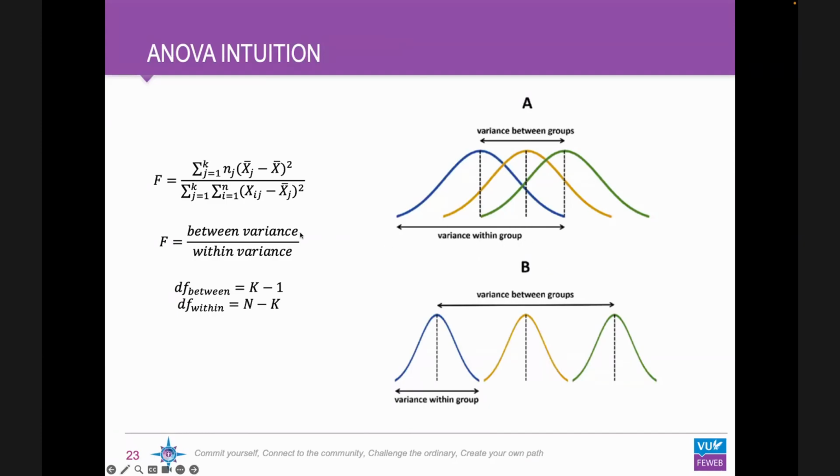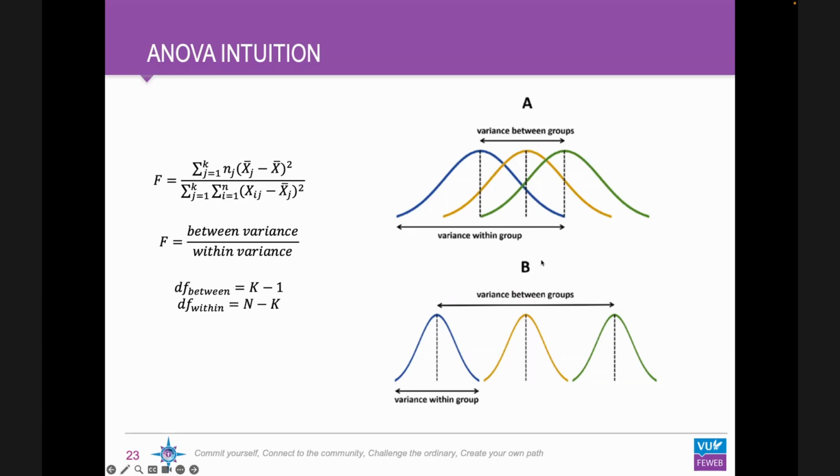If you compare these two, then we will get a low F value. You can also see in the pictures that these means are very close to each other, and a lot of observations are meshed into each other. So these can come from different groups. An observation at this point, for instance, can come from any of these groups. This is very likely, meaning that the F statistic is low,